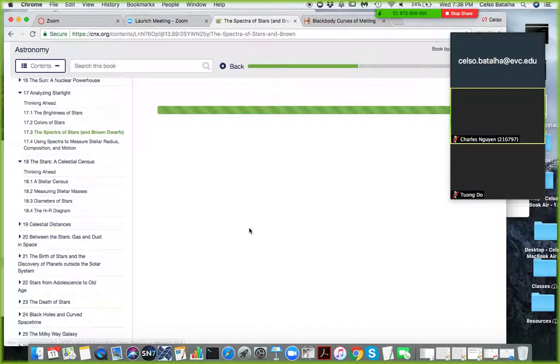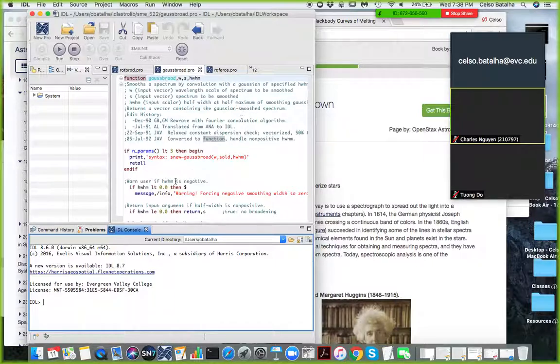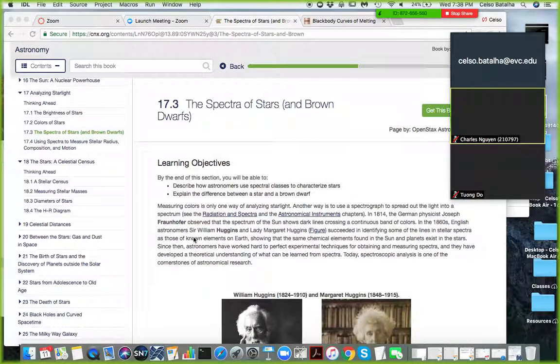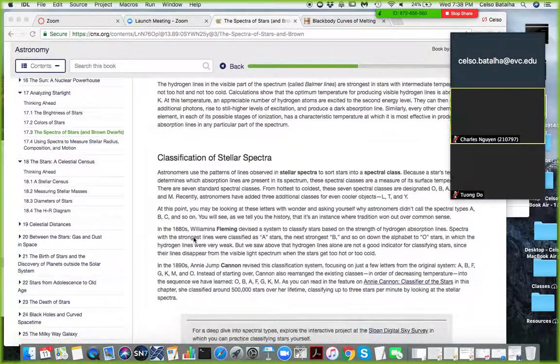Now, this goes without saying about spectroscopy. Let me see if I have here a spectrum of a star. Just a second. Oh no, I deleted it. But spectroscopy is a science by which you take the stellar light and you make